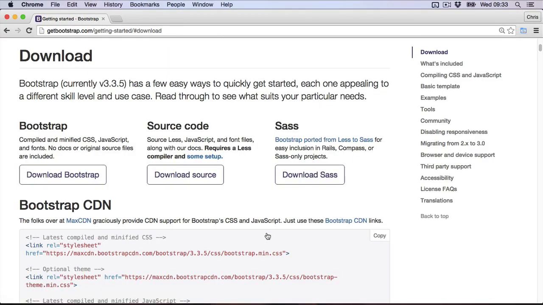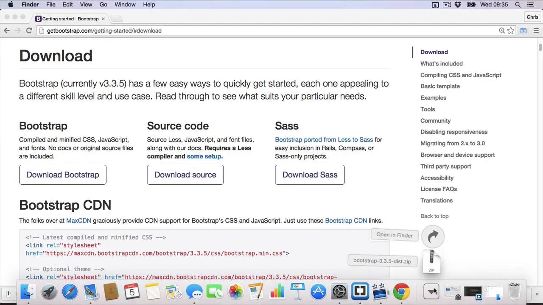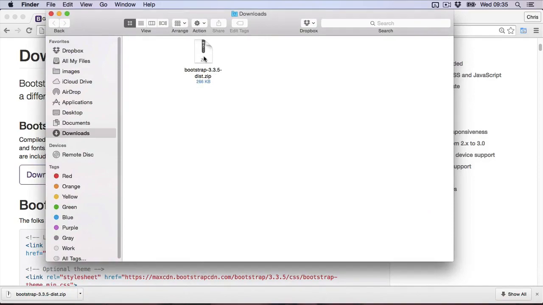You'll be then taken to the download section. There's 3 different versions of Bootstrap you can download. I'm just going to go for the standard version on the left. So hit the download button. So once that's downloaded, if we go to the downloads and then unzip that,